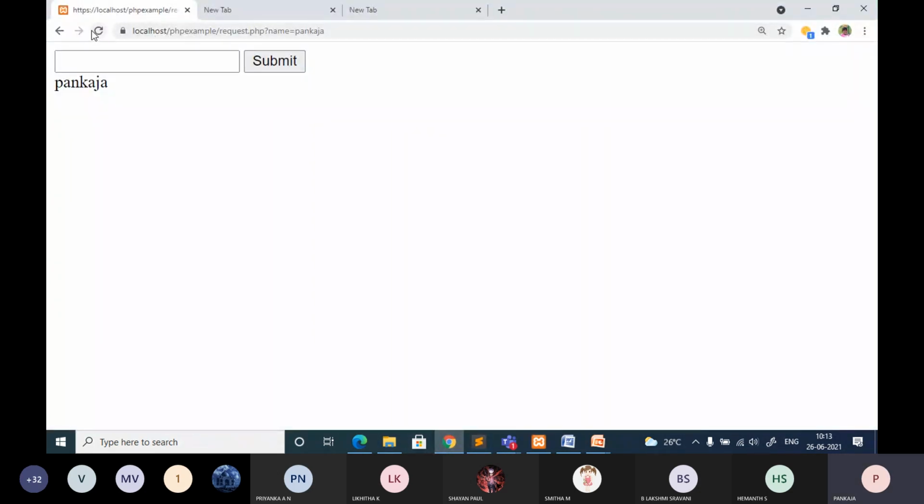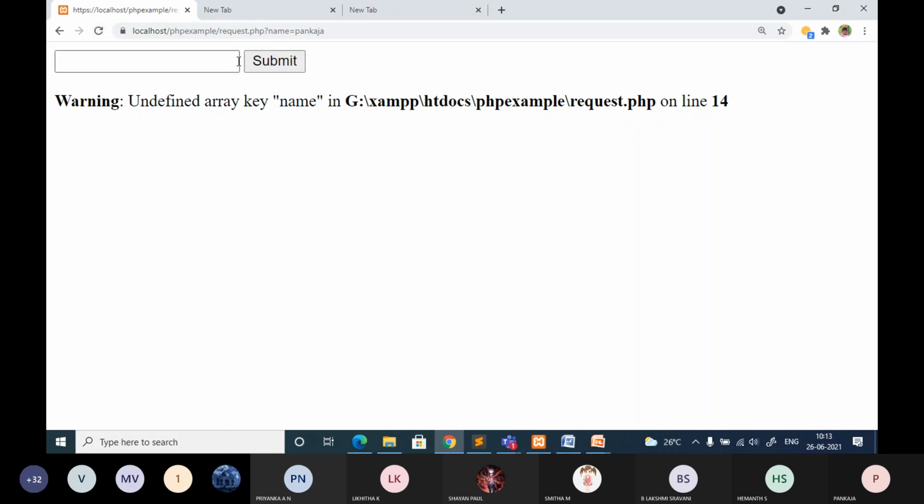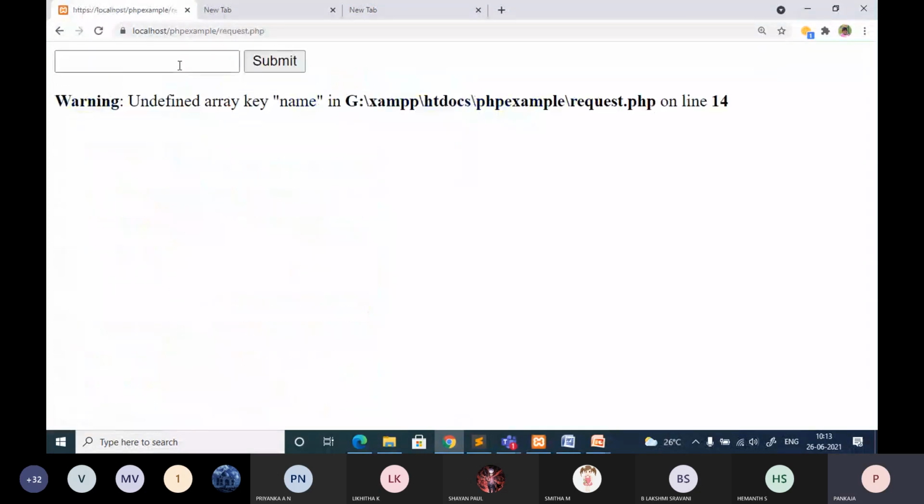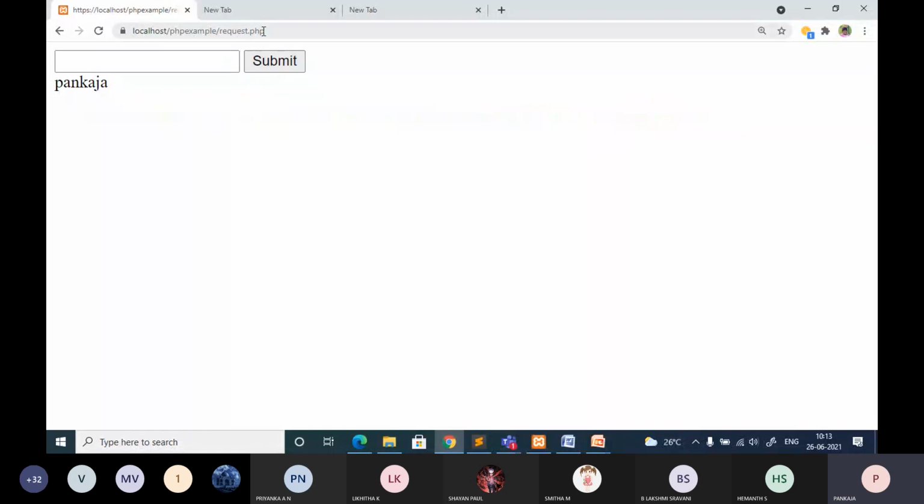This is the basic one we are doing so many times. What is the name I gave? Request. Can you see here in the URL? Your observation should be in the URL when you compare get and post. When you are using the post method, the values are not submitted through the URL. You cannot see the values.